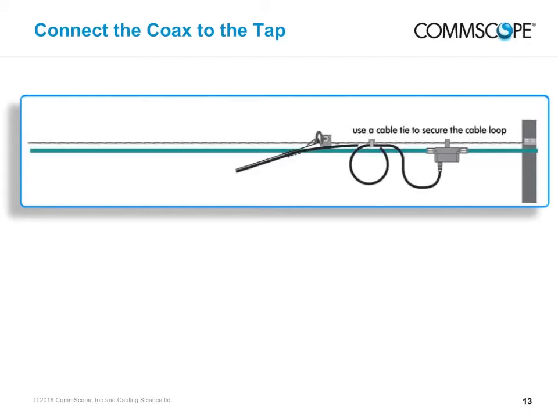With the messenger secured to the span, secure the connectorized cable into the tap hand tight. Using a torque wrench, tighten the connector to 30 pounds-inch. If you don't have a torque wrench, twist the connector an extra 1/4 turn with your wrench or F-connector tool to seat it. Cover the connection with a boot. You should have about 2 feet or 60 centimeters of cable between the tap and where the cable joins the messenger. Along with the ease of handling this provides, this extra cable will be very useful if you ever need